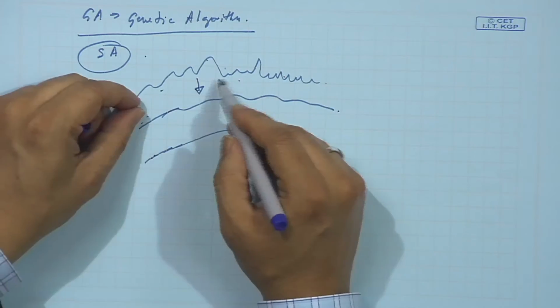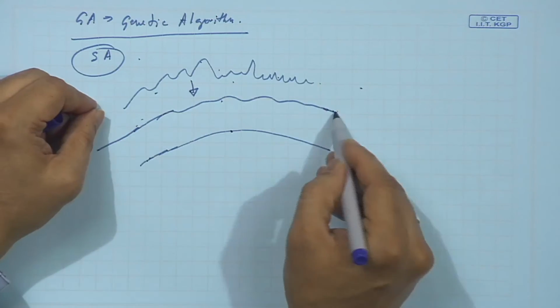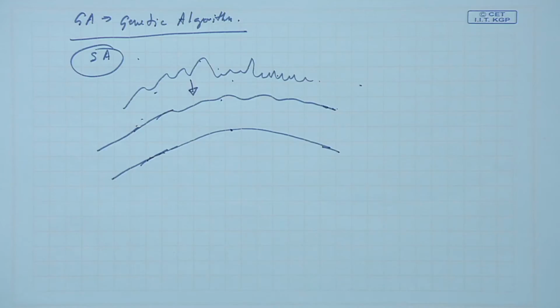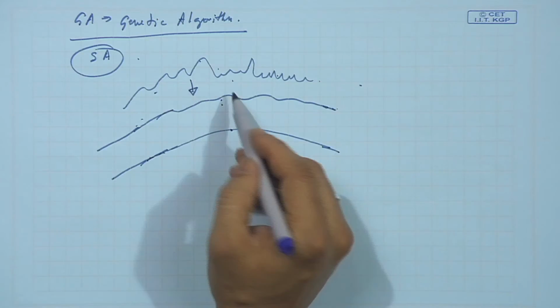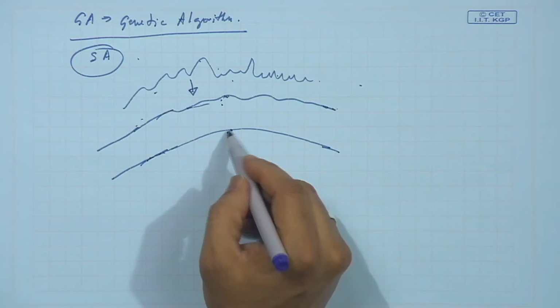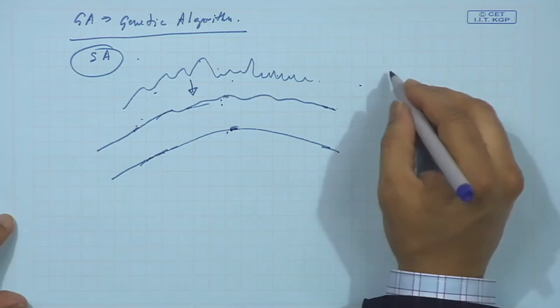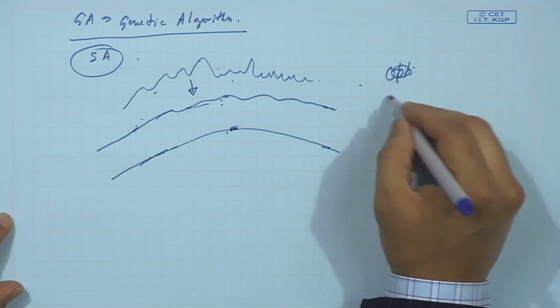So basically you are expanding it. So basically it becomes like this, and then from here it becomes like this. So if you have metal, by hitting it, you will get a surface like this, and then if you have some well behaved surface like this, it is easier to find the optimum solution. That is the idea. If this is your response surface, that means that your objective function